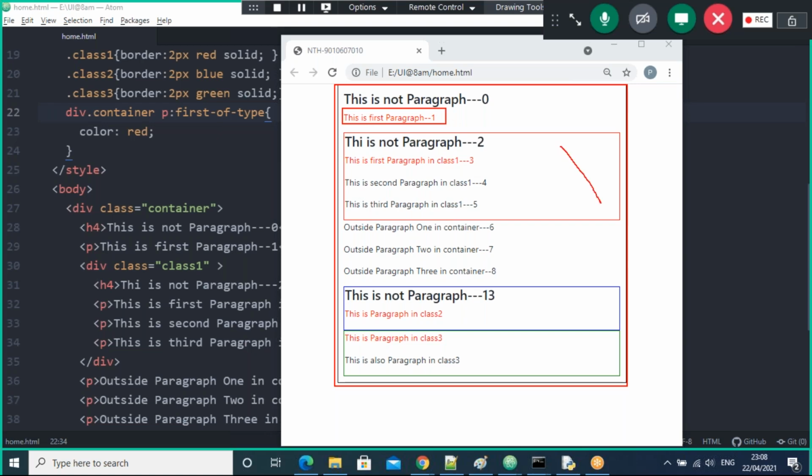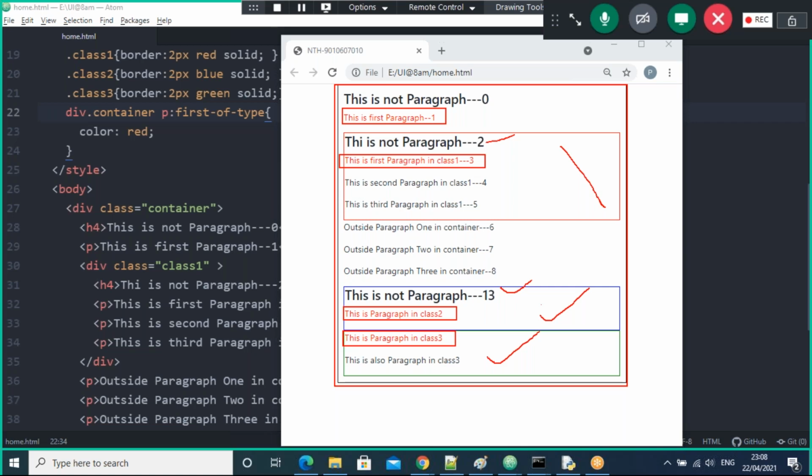Coming to the class one parent, here the first line is not a paragraph. Yes, this is the paragraph. The first paragraph, take this one, enough. Coming to the next class, the first line is not a paragraph, but here the next paragraph is there. And coming here, the first line is a paragraph, that is taken here, right? Means the first paragraph in every family, guys, in every family.